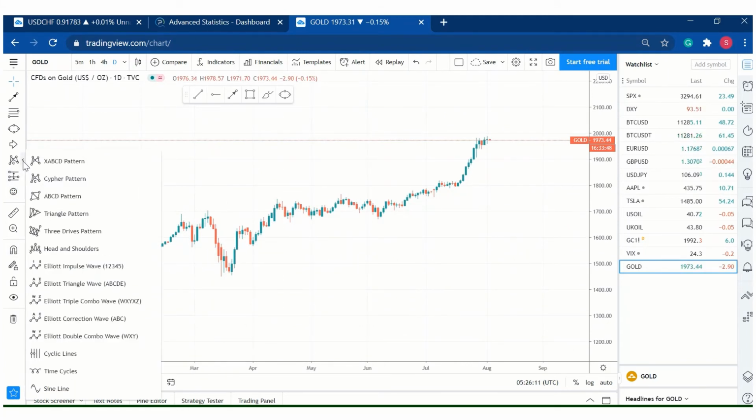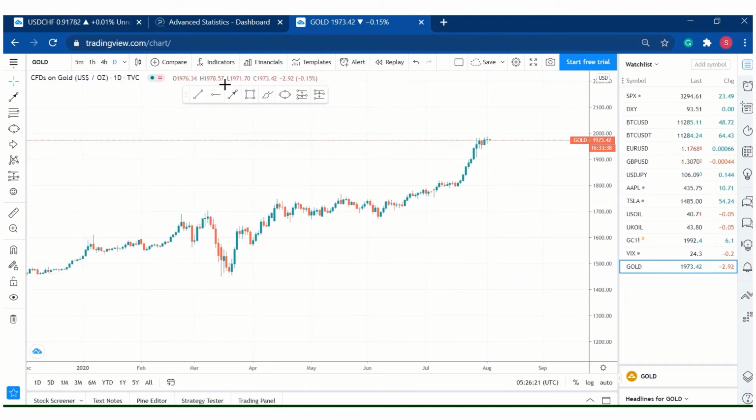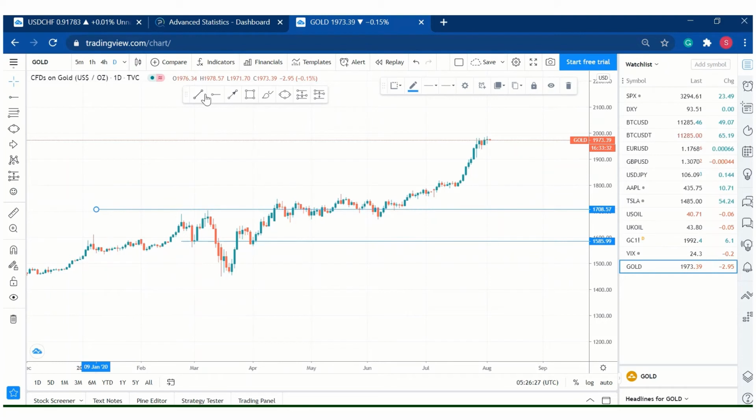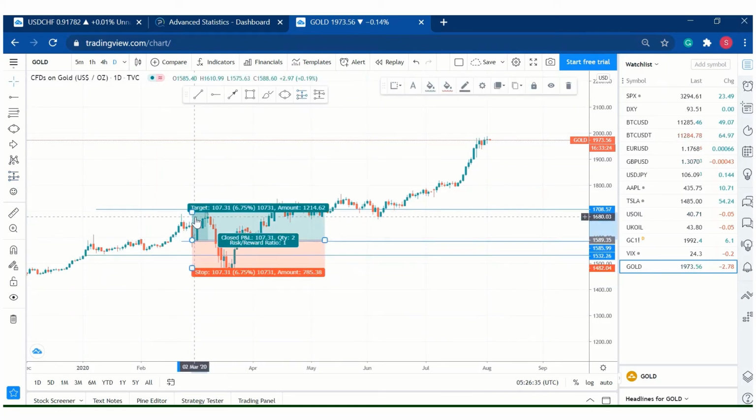After that, you can choose all this. This is another interesting one, long position, short position, you would like to know. There's another, I don't use it much, but yeah, for example, I want to enter a trade here, and my profit target is here, and my stop loss is here. I would like to know how much I'm risking and everything. So you just click where you want to enter, and you see here,